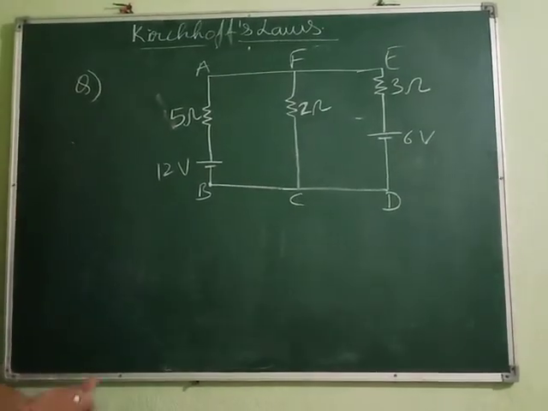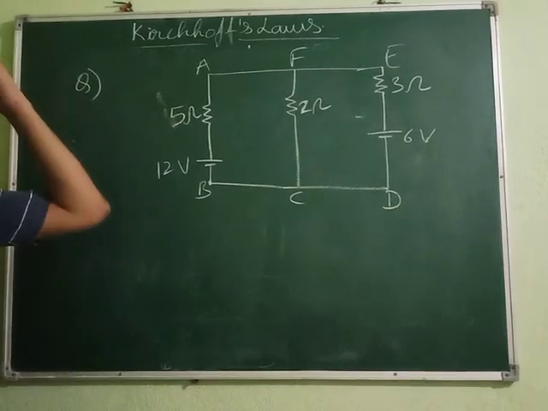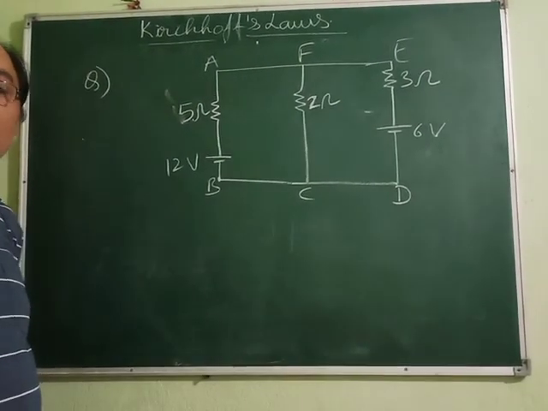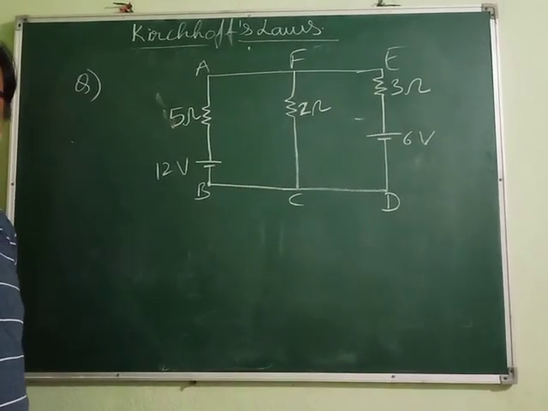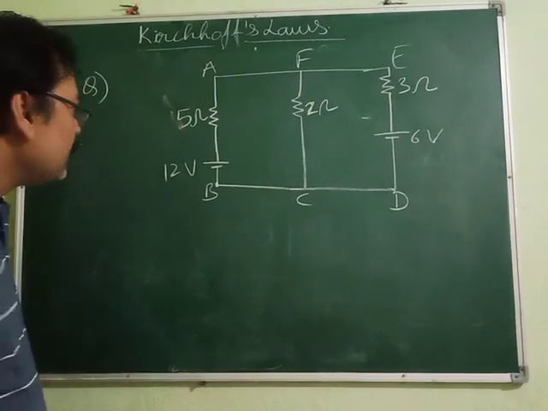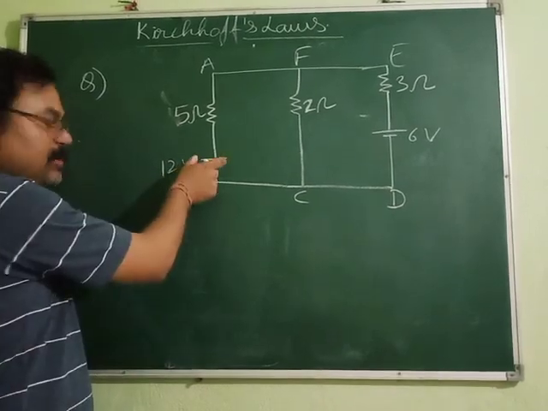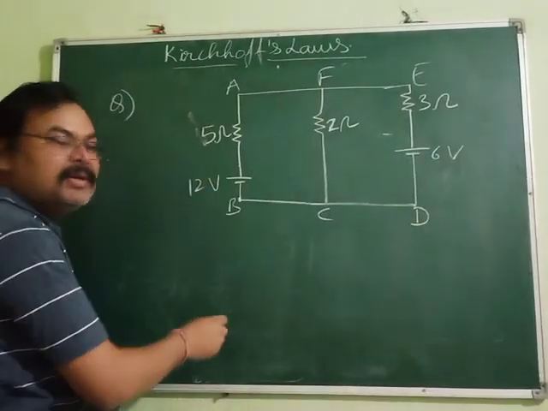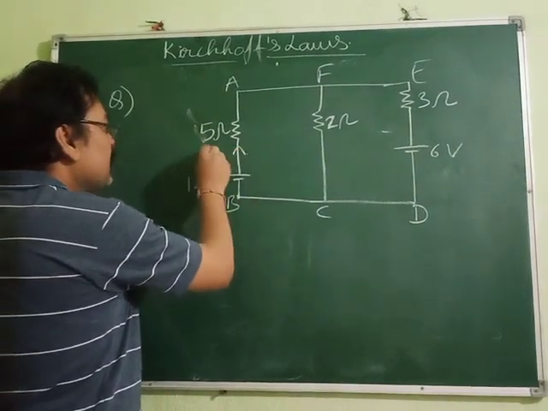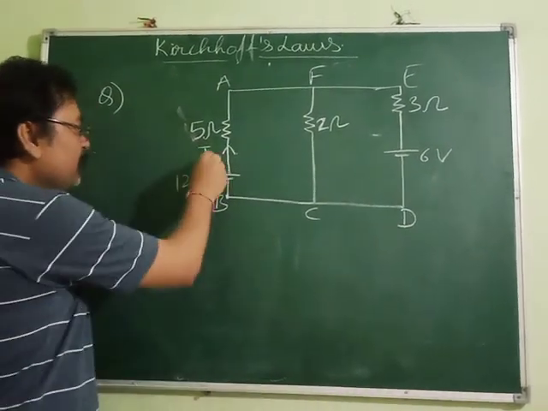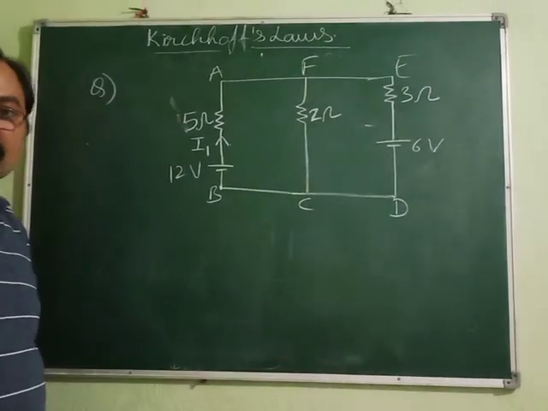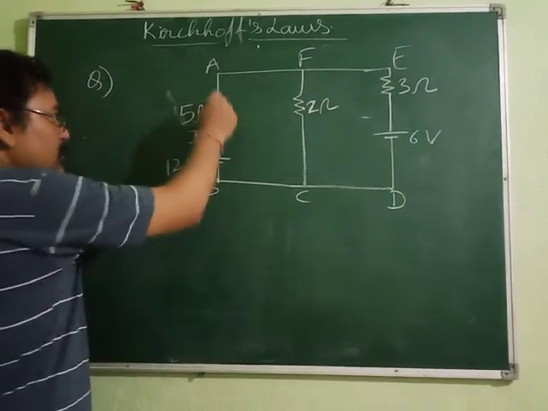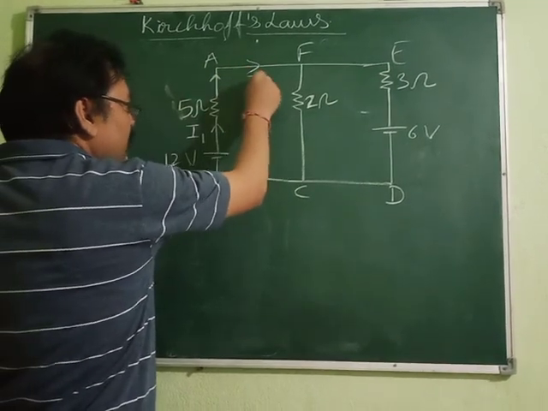Now, first we have to mark the current in this. You know current starts from which terminal of a battery or a cell? From the positive terminal. Which one is the positive? The larger one. This one is the positive terminal and this is the negative terminal. So current will start from here. Suppose the current started from here is I1. Obviously some current will pass through there, so I am taking that as I1. There is no other way because we don't know it.